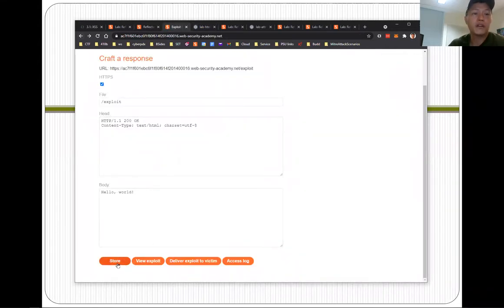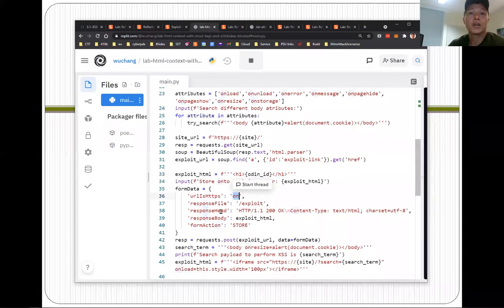And then as part of submitting the form, you would set the different form values based on the button that you want to push, and then the elements that you see here. And that's what my program does. The heading, the path that I want to store it on, the actual payload that I'm going to store there, the action that I'm going to do. And that's what this thing does. And so I am going to post,